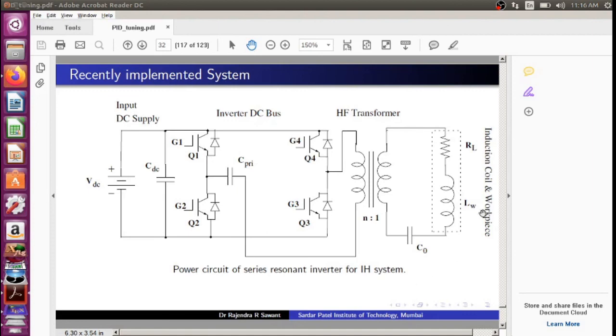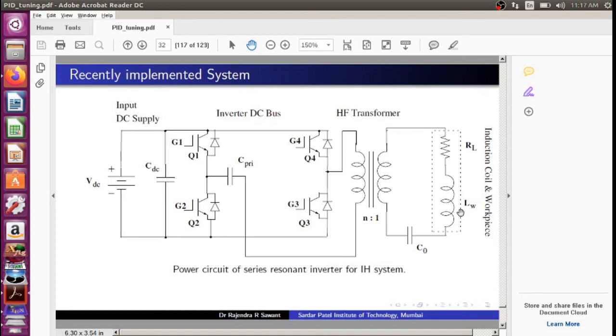The control objective is to regulate the power being fed from the inverter to the induction coil and the workpiece. The workpiece temperature is monitored and considered a process variable, and then it is converted to the desired power. So our objective is to maintain the power, not the temperature.